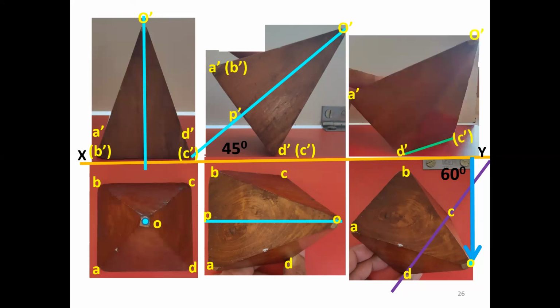Then the final front view. In the final front view, we are satisfying all the conditions. It is resting with the base at D dash C dash, and that is inclined 60 degrees with VP, with the axis inclined 45 degrees with HP. In that condition, the base corner B is invisible in the front view. So the lines connecting B, BC, BA, BO are invisible. This is the complete solution of the problem.